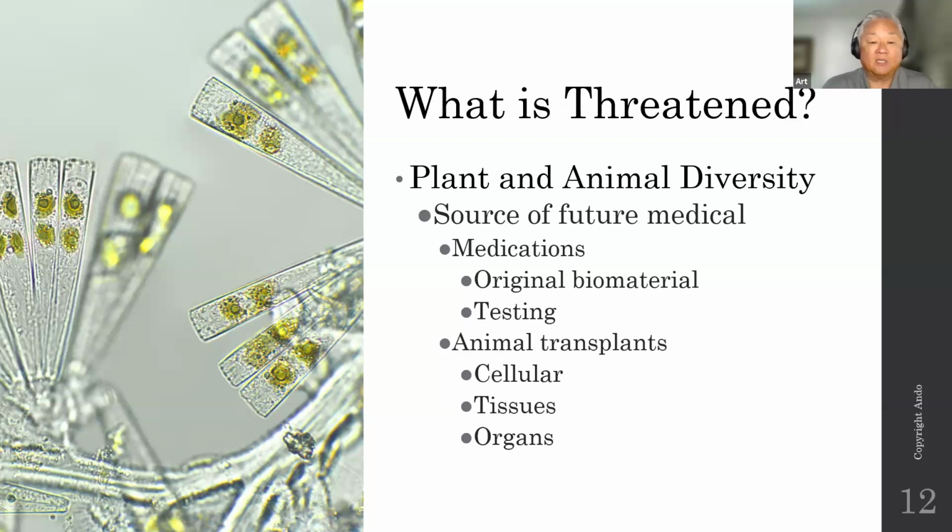There's also the ability for us to test medications on lower animals and plant species, and then animal transplants. That's also big in the news. Large organs, hearts, potentially lungs from pigs, and certainly the cellular level and tissue level have been used for years. For example, pig skin has been used traditionally for burn victims,